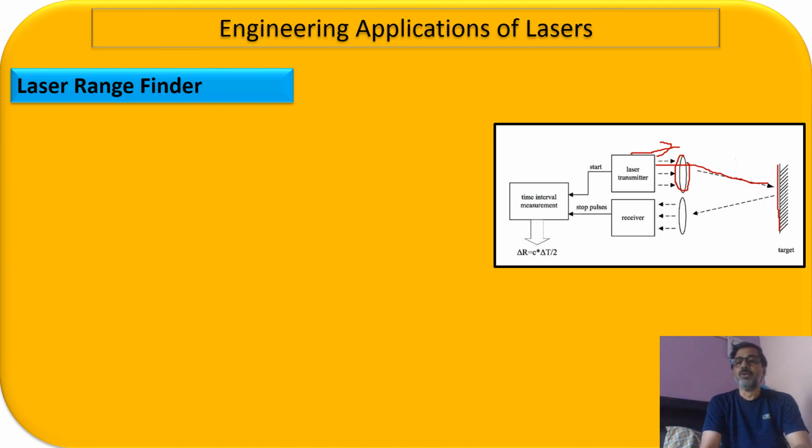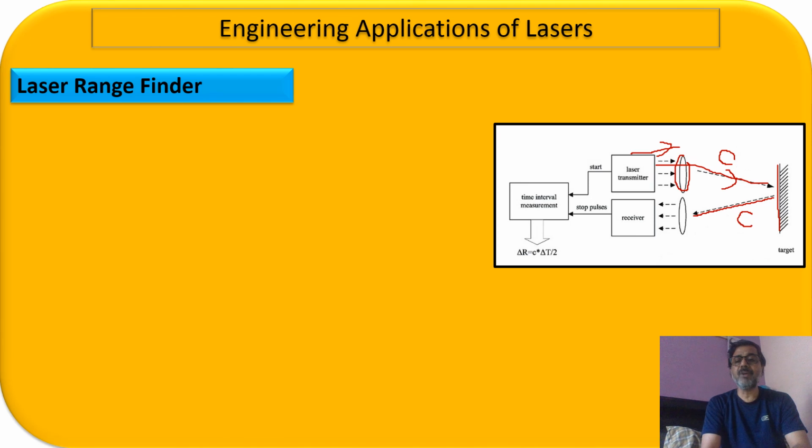Okay. So now the moment it is focused on the target, from the target the laser light will be getting scattered, and then from there it is getting reflected, and the reflected light is coming back to your sensor or recorder. So this is how the light is getting reflected. This is your light which is going, and of course it is going with the velocity of light, and that velocity of light is c. And then again from the target it is coming back with the velocity of light, right?